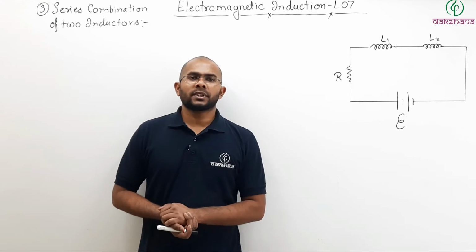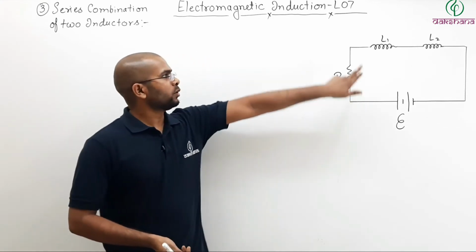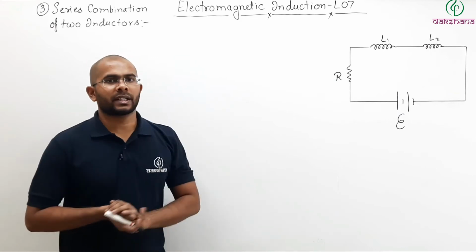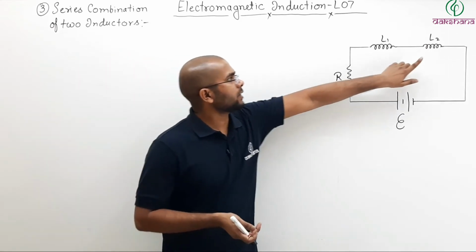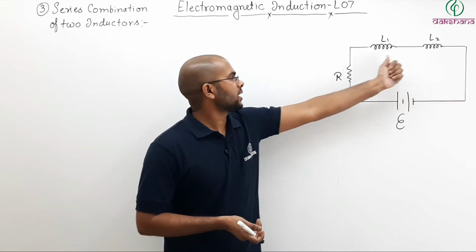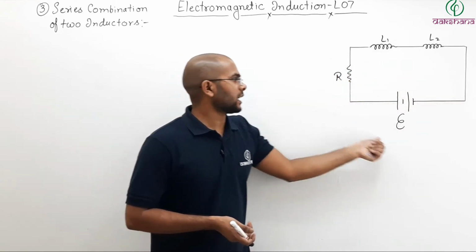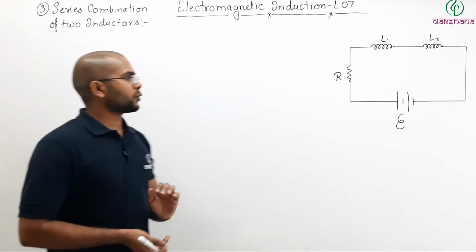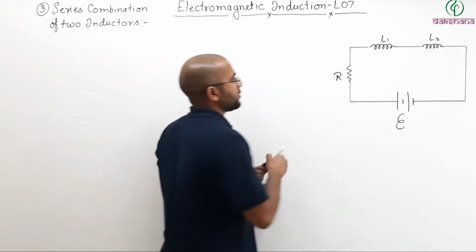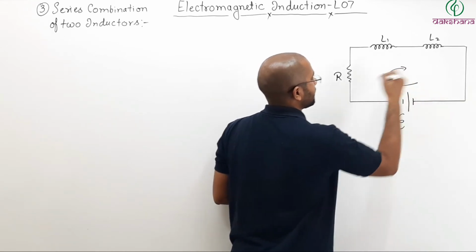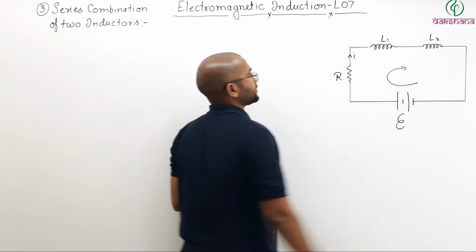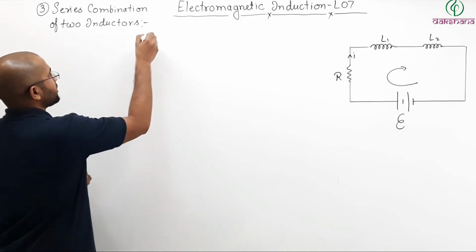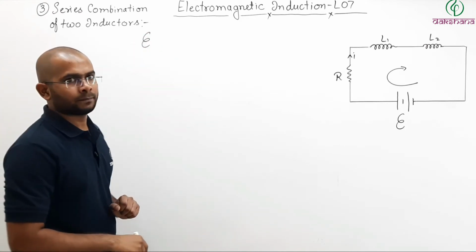Now let us talk about what happens when two inductors are connected in series like this. Here I have drawn a circuit diagram. Here inductors L1 and L2 are connected in series across a resistor R and they are connected across a battery of EMF. Now let us try to write the equation for this. If I make a loop like this and assume current to be I, then I can write the equation as EMF of the battery,